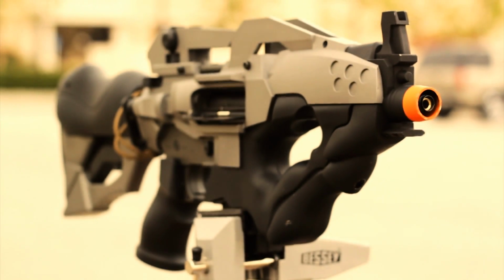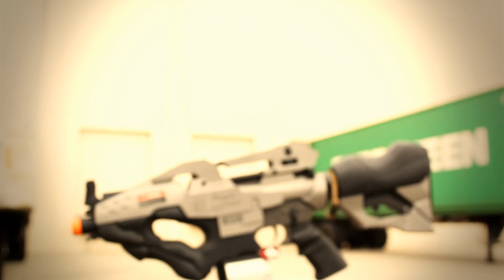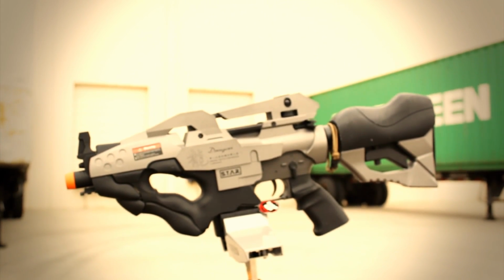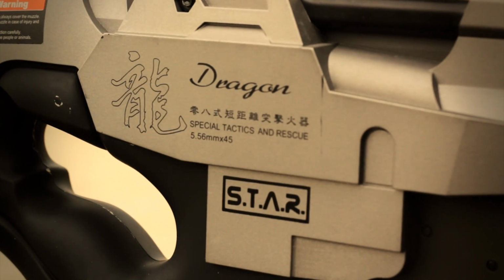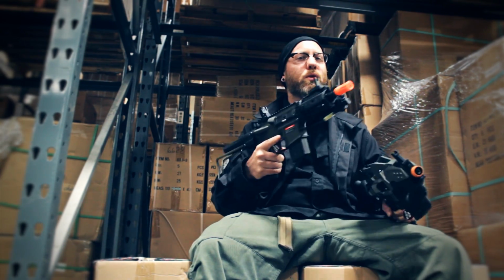What if instead of all these sweet external upgrades, you put a bunch of molded plastic parts on this thing? Well, that's what our boys at JG did. And the fact is, even looking like this, this AEG is still a CQB beast, and its name, the s.t.a.r Dragon Thunder Maul Battle Rifle. At its core, it's exactly like this JG M4 tanker,